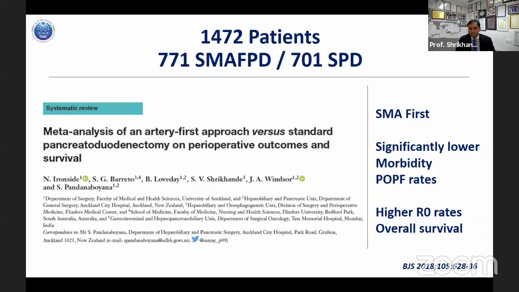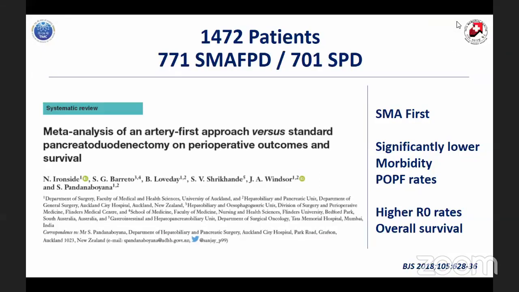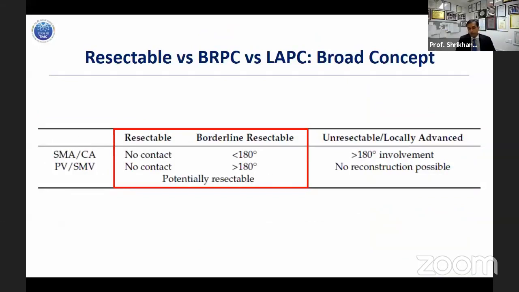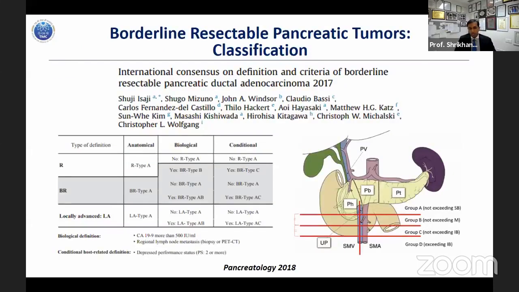So surgical technique and skill and experience is clearly important without doubt, but we need to move on further beyond the surgical skills. And what I've shown you in this picture is our conventional understanding of, as I showed you, what is resectable, what is locally advanced and unresectable, and what's borderline resectable. But now you have a situation where we convert many of borderline resectables into resectables, and many of locally advanced unresectables into borderline resectables. And this is thanks to chemotherapy.